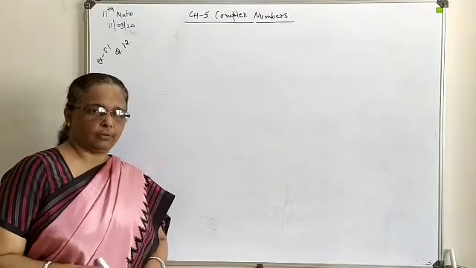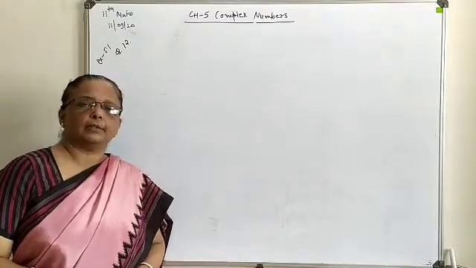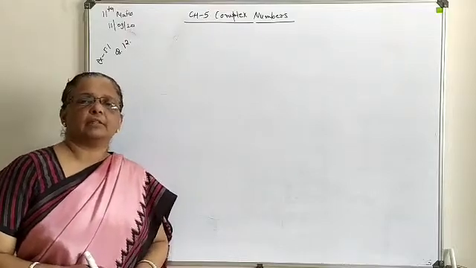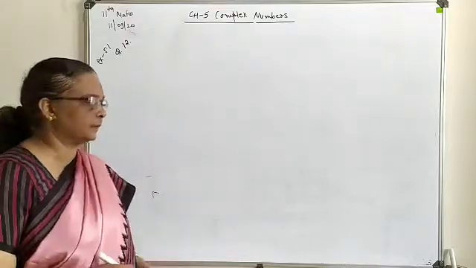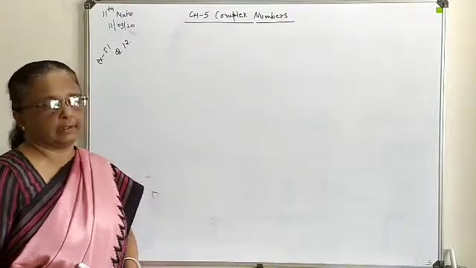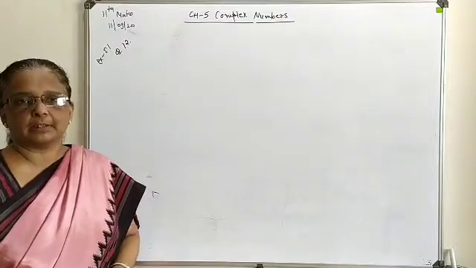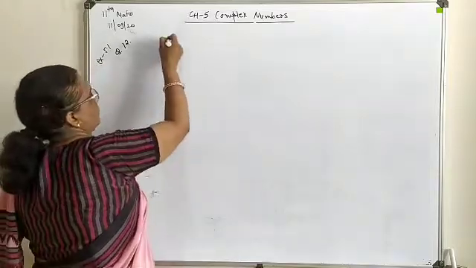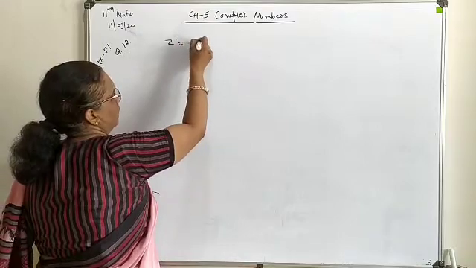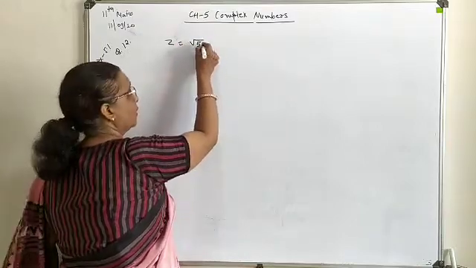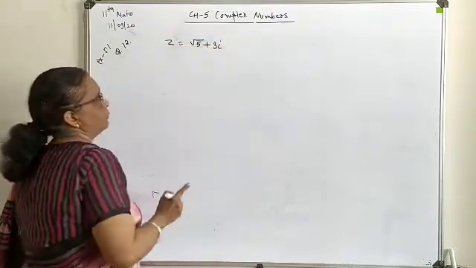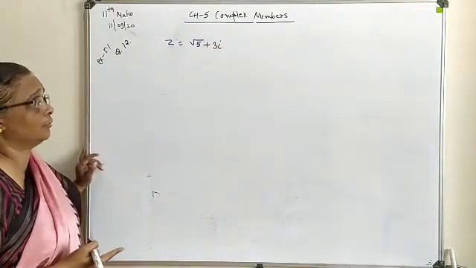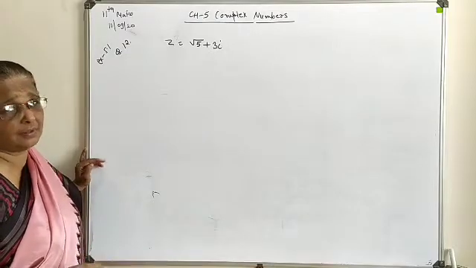somewhat simplest form. As a reference, I attended one question in which we evaluated a multiplicative inverse in the last class. So let's try to understand in more detail the evaluation of a multiplicative inverse. Here question number 12 is available: z is equal to root 5 plus 3i. Here you can say the value of a is root 5 whereas the value of b is 3.